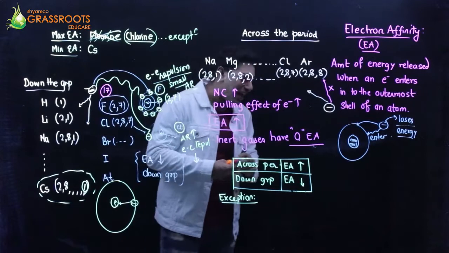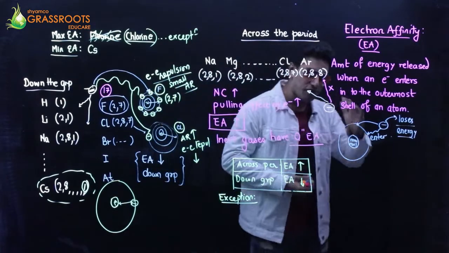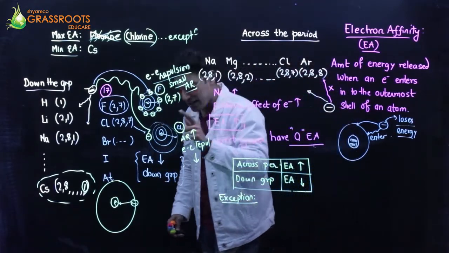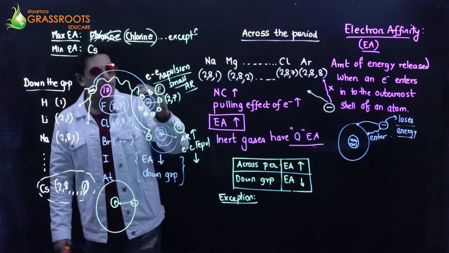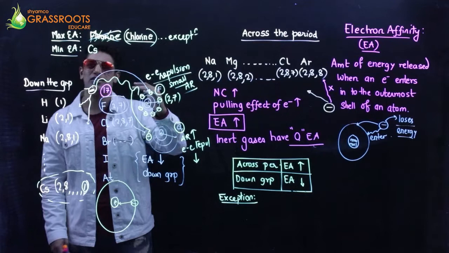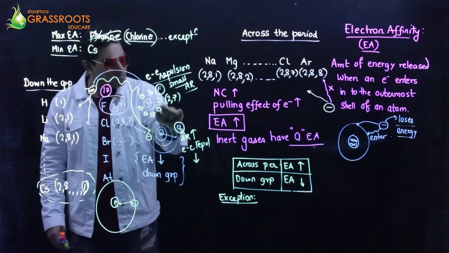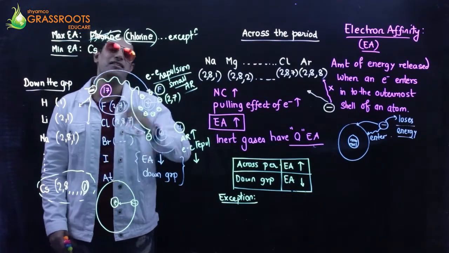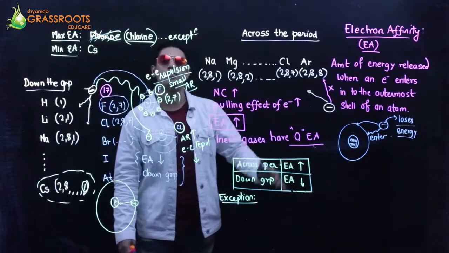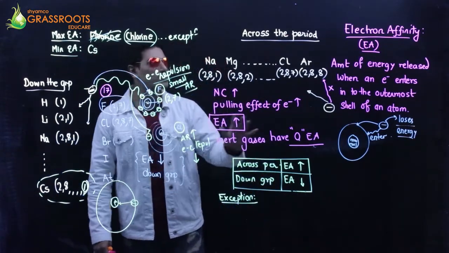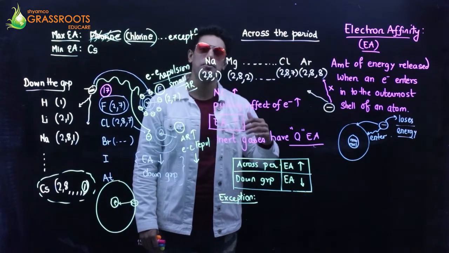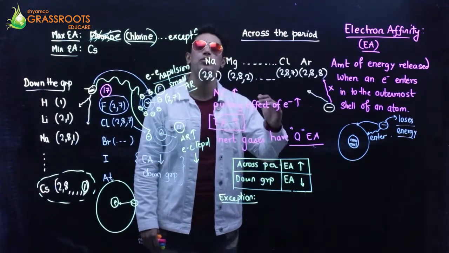So the element having the highest electron affinity is chlorine, but the maximum tendency of pulling is fluorine. Fluorine almost won the race, almost, but the other nasty kids didn't allow it to reach the final destination, right? So this was a beautiful concept. Just go through this and we start with the next periodic property, which is electronegativity.